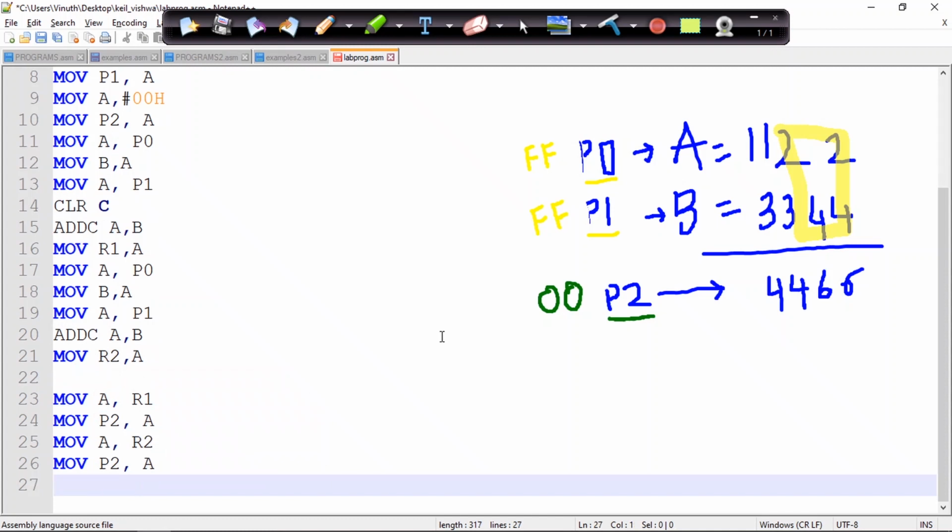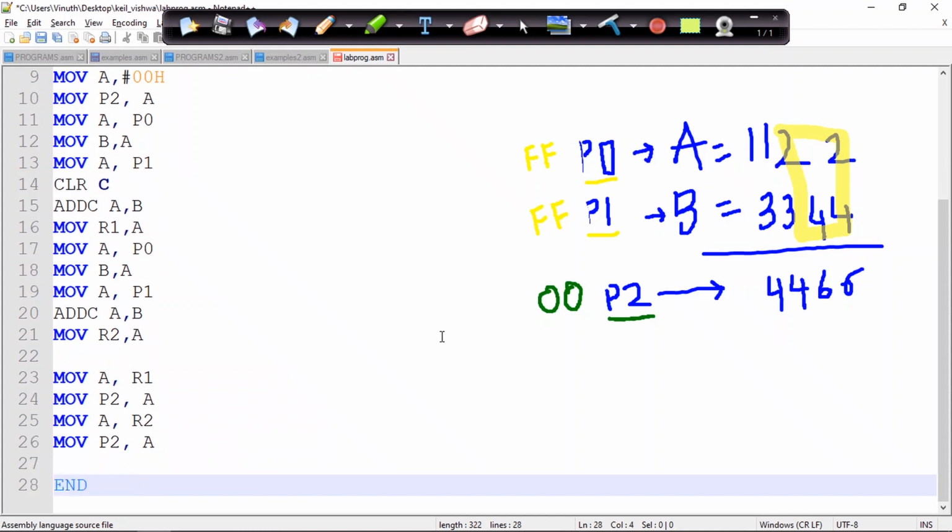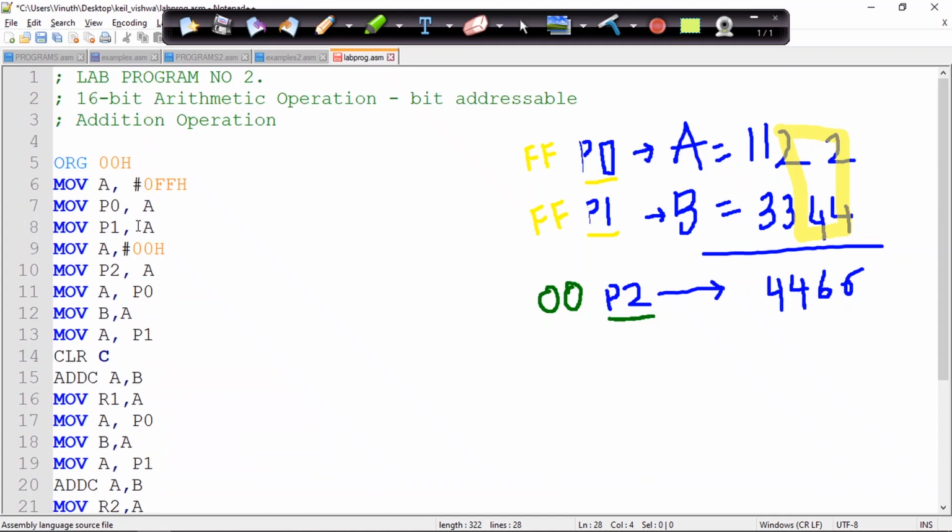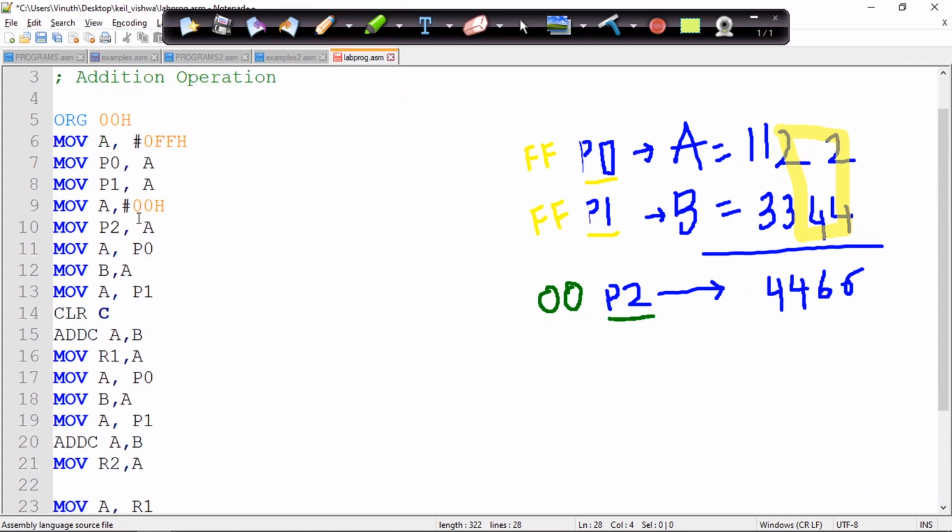Okay, so this completes our addition operation. Let me recap what we will actually be doing. First we'll be getting the lower nibble data from both the ports. First we will make sure that our different ports are set as input ports as well as output ports. Afterwards I'll be getting the data from two different ports, that is P0 and then P1, and